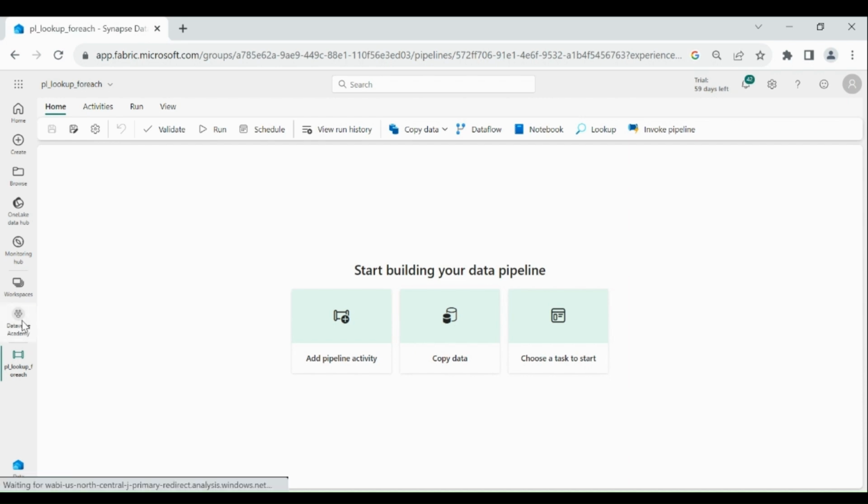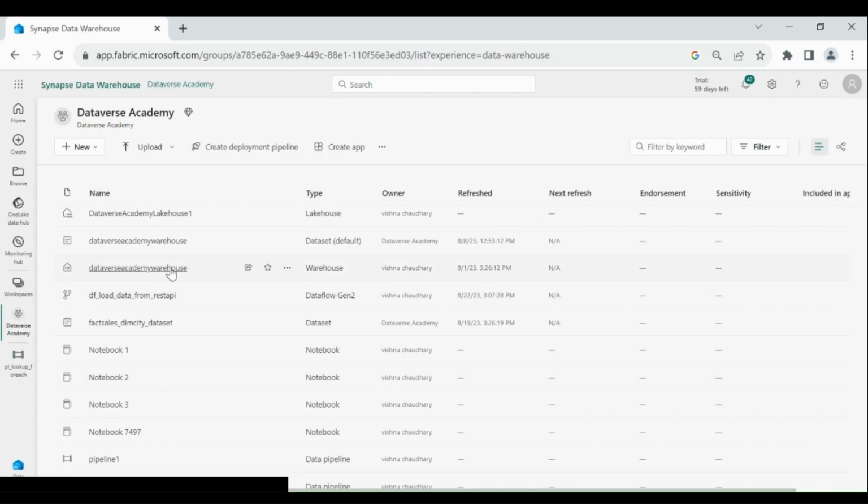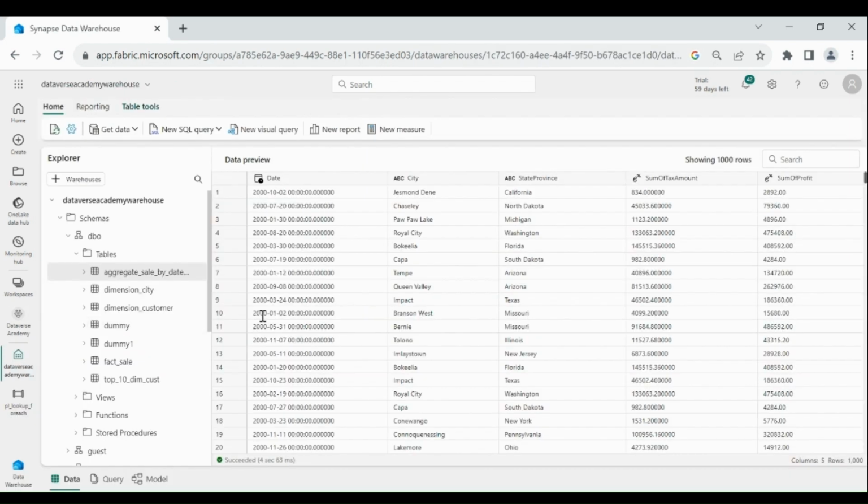Click on Workspace, then click on Warehouse. Here you can see I have these two dummy tables. I wanted to drop both the tables, but I don't want to drop it manually. So for that, what I'll do, I'll create a lookup table, and in that table, I'll have schema name and table name.